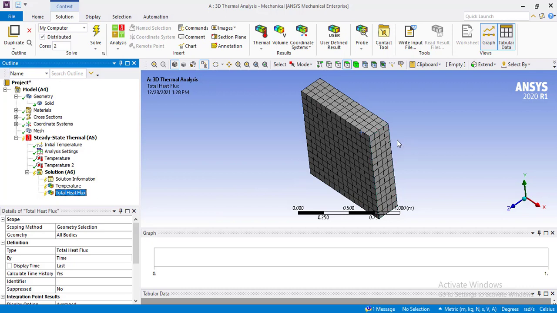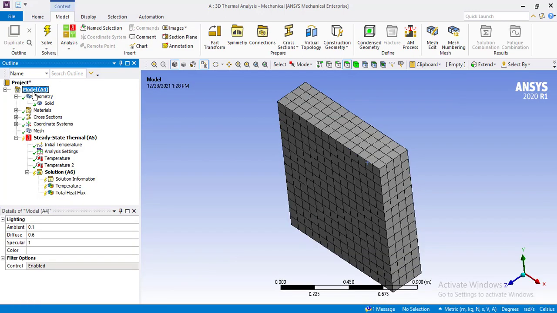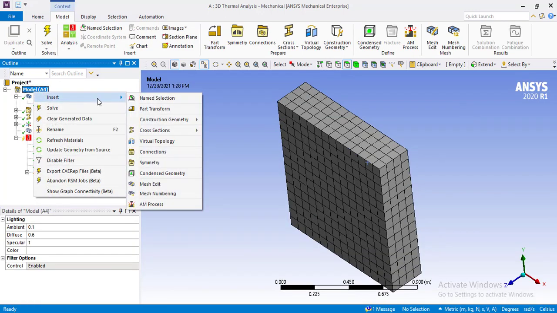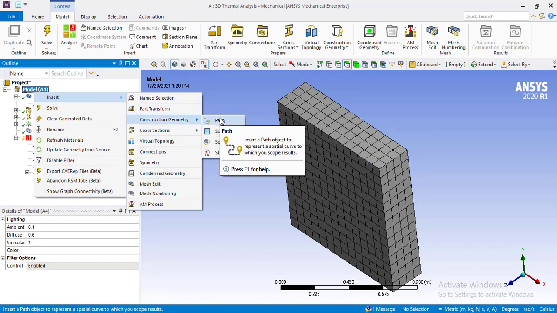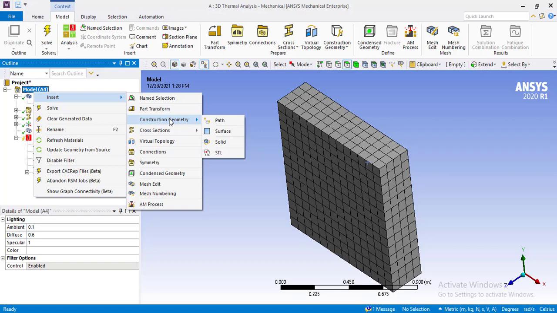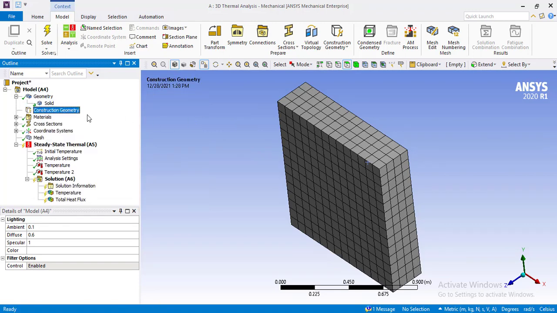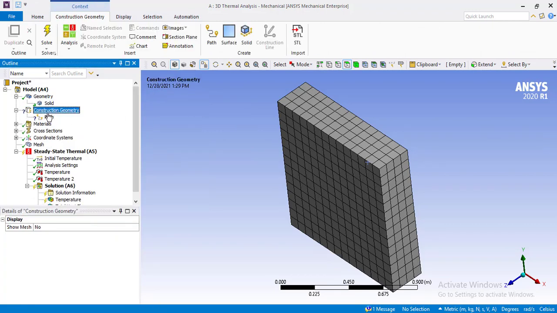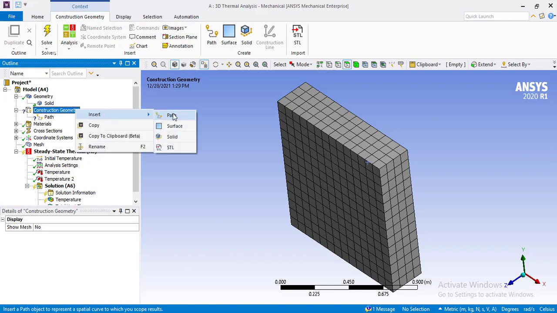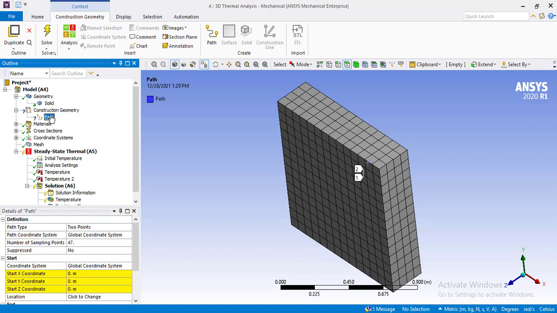For this purpose, kindly go into the model, right click, insert, construction geometry and select path. If you are not seeing this path option here, kindly click on the construction geometry. When you click on the construction geometry, it will create a tab like this. Right click on it, go to insert and it will show you the path option. For my version of ANSYS, the path option is predefinedly added, so I will only change the coordinates of this path,